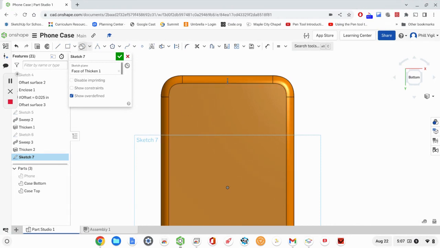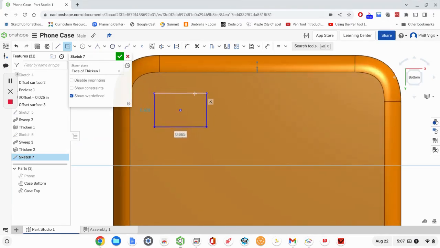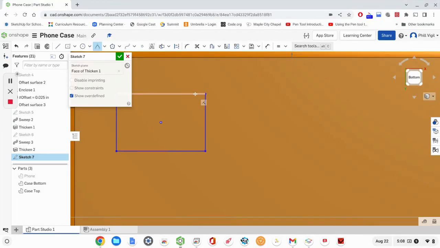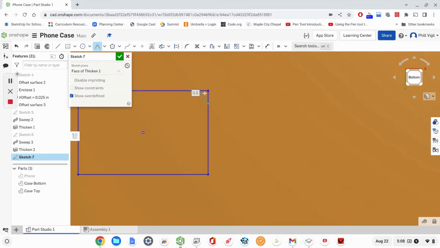All right, now I'm going to create a rectangle, but I'm going to use the center point rectangle. This is going to be the cutout for my camera. I'm just going to get a rough estimate size there. And this is going to be very similar to creating the outline for our phone, the very first sketch that we made. I want a rounded rectangle, like rounded corners. So I'm going to use a conic arc in one of the corners here. And then just place that,